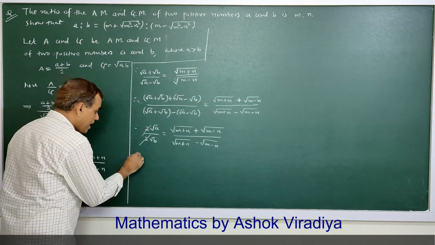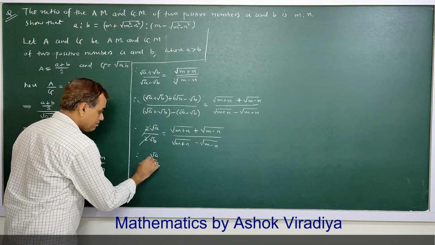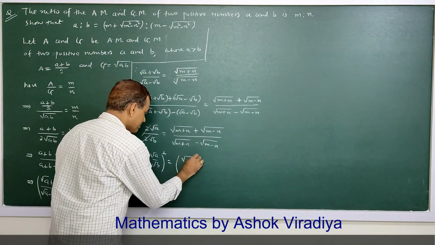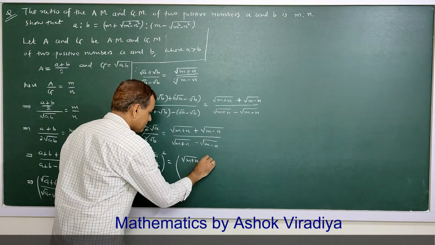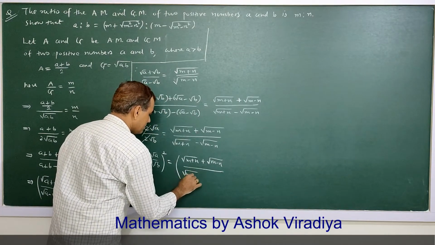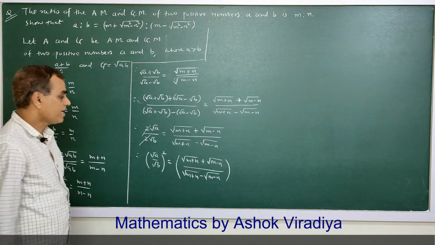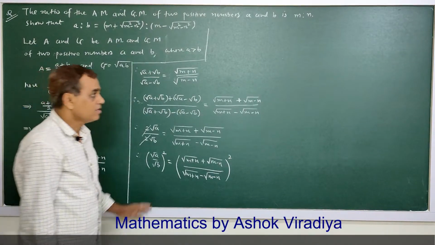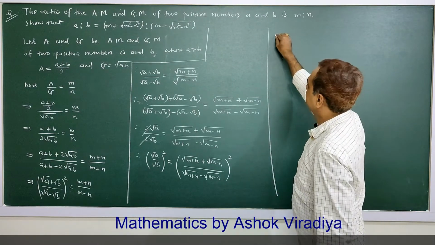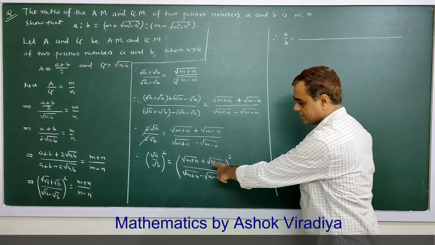Now once again squaring on both the sides, because we don't want the radical sign here. So squaring on the right hand side, root a upon root b whole square, that means a upon b equal to, now expanding this,